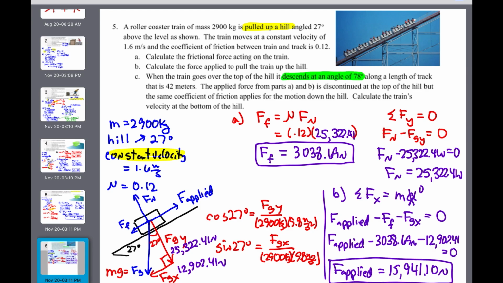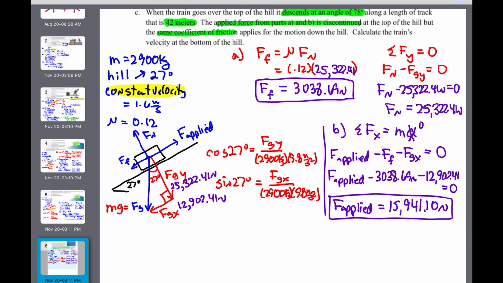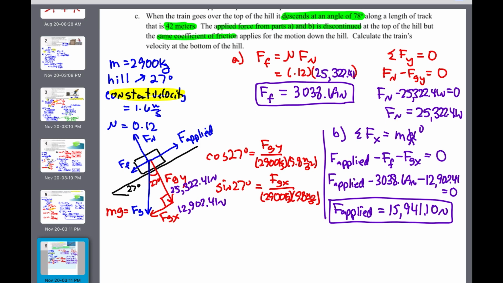In part C, we need to recognize the motion has changed. Now the train is going down the hill. We have a displacement. The force has been removed, but we have the same coefficient of friction. So then, listing out what we know,